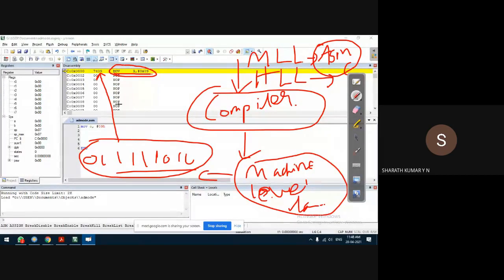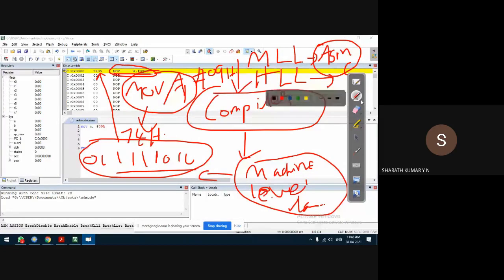What the compiler has done here is that the instruction, which is MOV A, #09, out of this instruction, MOV A is converted into 74H. So 09 is taken as it is. Why is 09 taken as it is? Because it is immediate data.